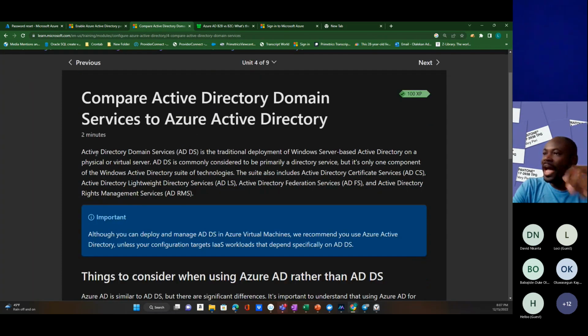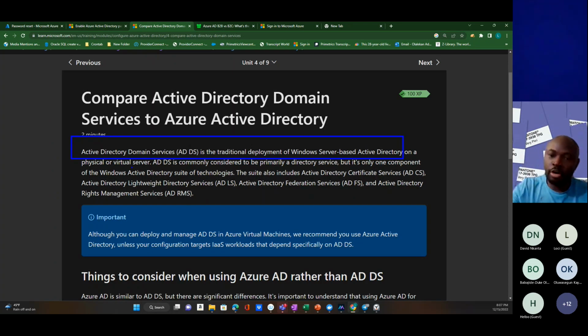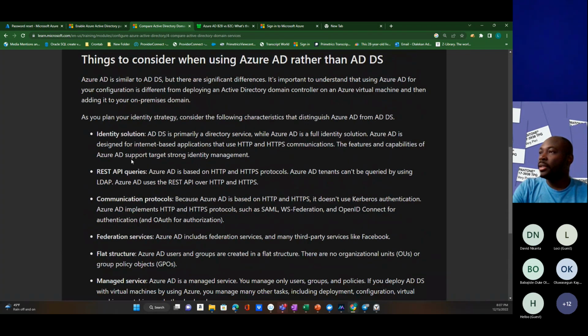Azure Active Directory Domain Services is the full component of the on-premises Active Directory, the Windows Server Active Directory. This is where you have your domain controller set up, and then you have the group policy objects and organizational units. All these are components we use to manage on-premises Active Directory. So with Azure Active Directory, now,